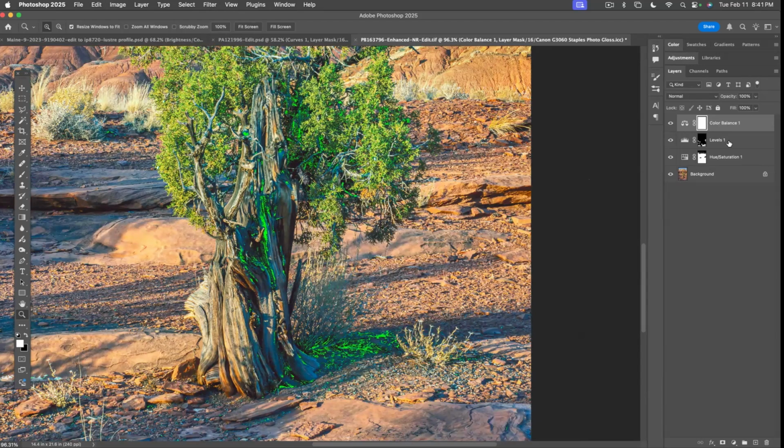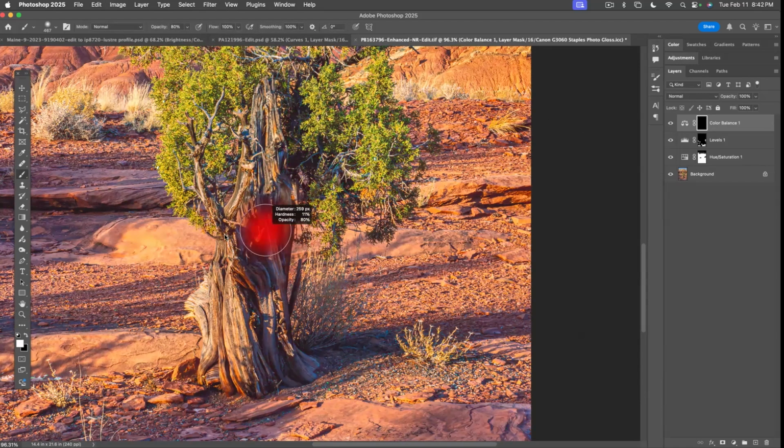But again, we don't want it to happen over the entire image. So Alt Backspace to fill that with black. And now we'll paint with white on the trunk. And I'm going to work at 100%. So I just hit 0 on my keyboard. And look, as I do that, there's some colors in there that it doesn't like. Those greens, those light greens that it's creating are out of gamut,